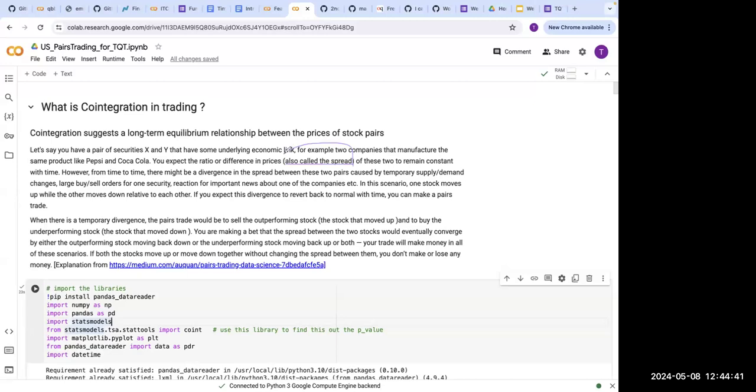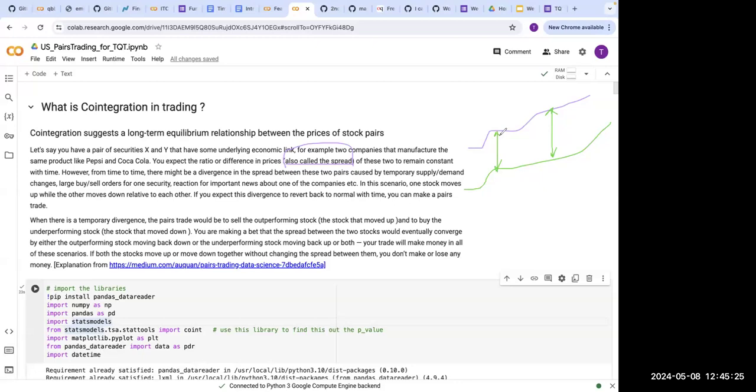And this is very important, as I said from the first lecture itself. Spread is very important for any stock movements. And here the spread is between two stocks, right? So let's say one stock is moving like this, and another stock, which is similar to it, is moving like this. So the spread is this height change, but the spread is expected to remain constant, right? You would not have a spread which is out of value because these companies share the same kind of economic